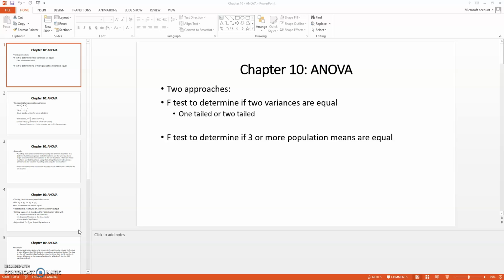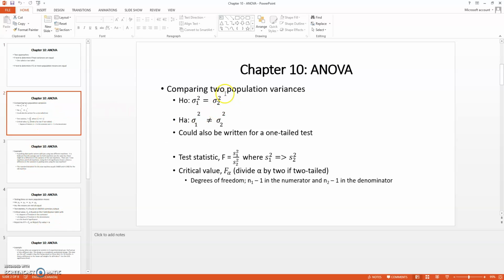looking at an F-test to determine if two variances are equal, just as a reminder, in previous chapters, chapter 8, we developed a hypothesis test for the mean, as well as for the proportion. So this first process is just looking at a hypothesis test for the variance. It can be, as I said, one-tailed or two-tailed. So comparing two population variances,